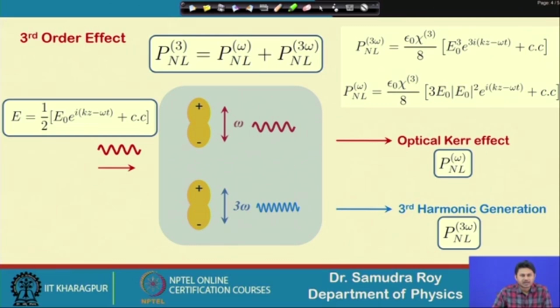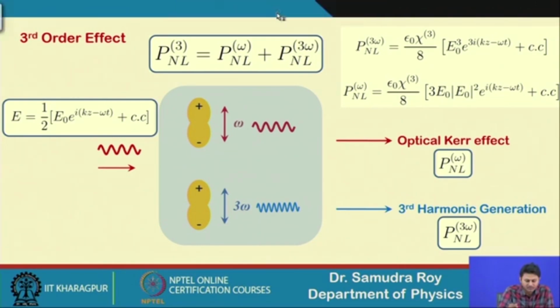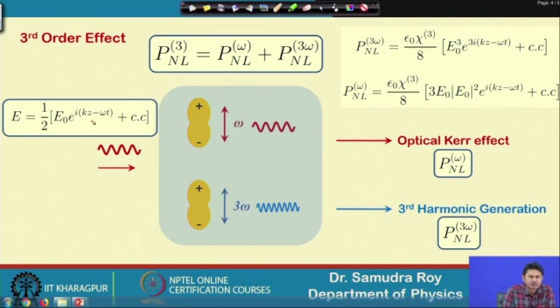Once again, the physics of the third order effect is important. If I launch an electric field E, which is defined as half E0 e to the power i(kz minus omega t), this is a standard way to define an electric field having frequency component omega and propagation constant k. This is a plane wave representation of an electric field. When this electric field is inserted into the system where chi3 is not equal to 0,